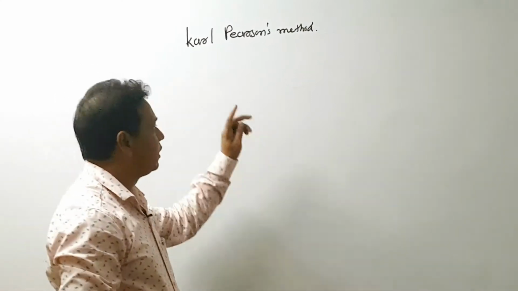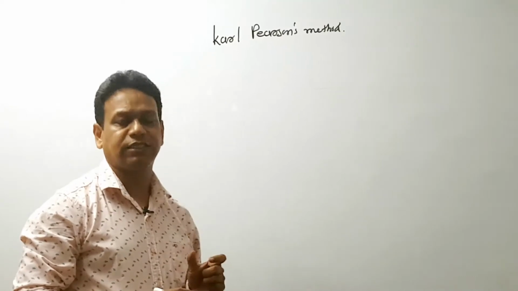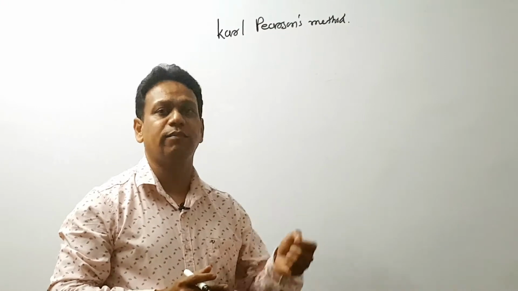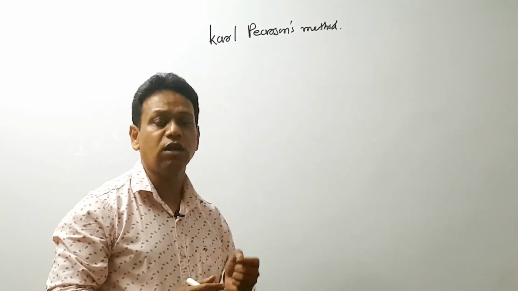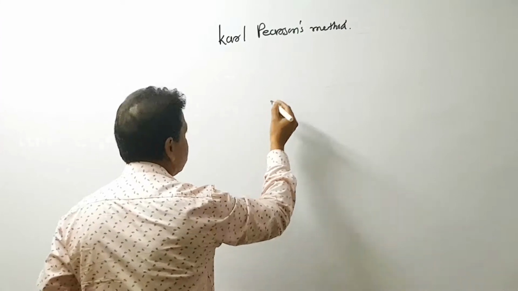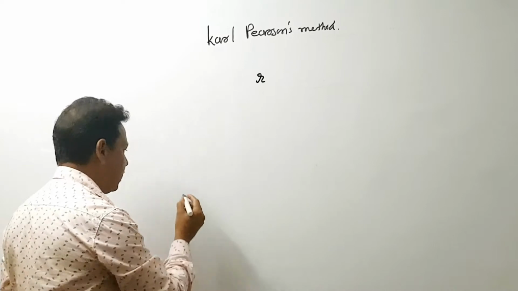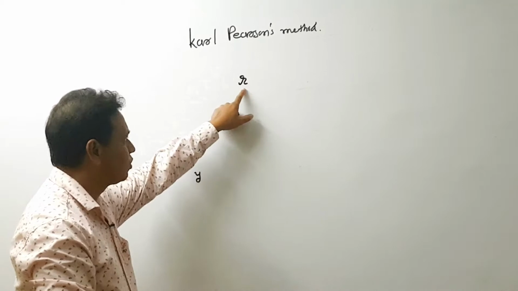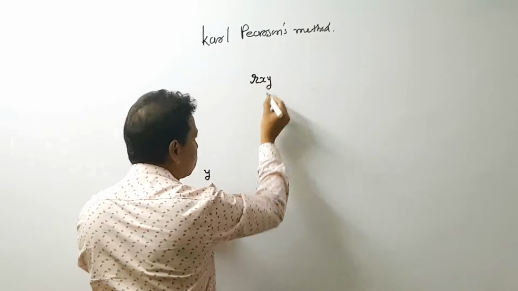My dear friends, this is the first method which gives us a degree of relationship, means how much relation there is between two variables, a numerical measure of two variables, which is called the correlation coefficient or coefficient of correlation. Symbolically it is known as r. And because we have two variables x and y, we have to find the correlation coefficient between x and y, so it is mentioned as rxy.